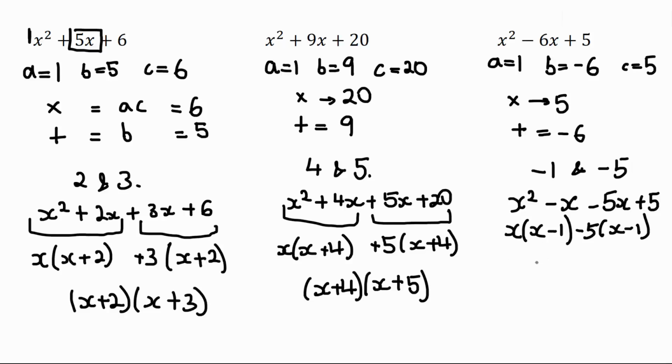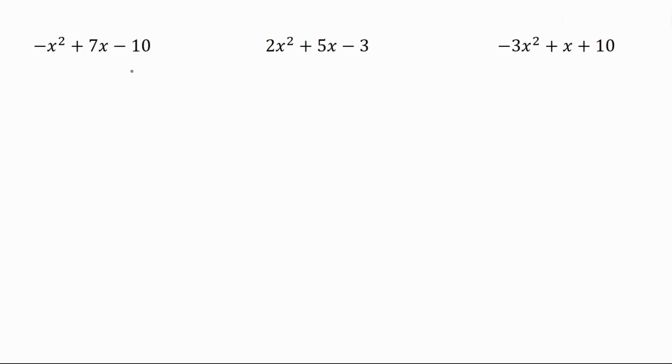So now all that's left to do is to bring the brackets together. So we're going to have x minus 1 from here and x minus 5 from there. X minus 5, like that. And that's that one factorized. So now we're going to move on to a few more complex examples where the coefficient of x squared here is a negative number, and when it's more than 1. Okay, so these are more difficult examples of quadratic equations to factorize, but if we just use the same method,